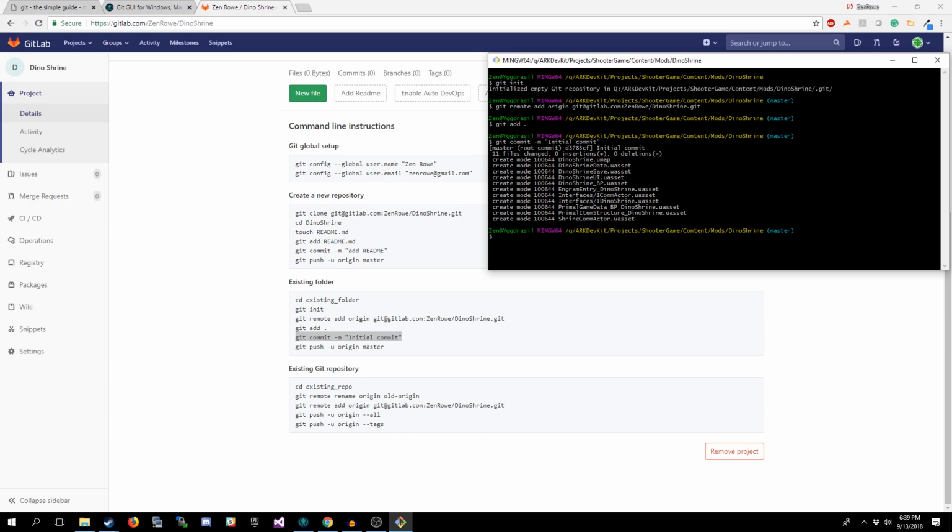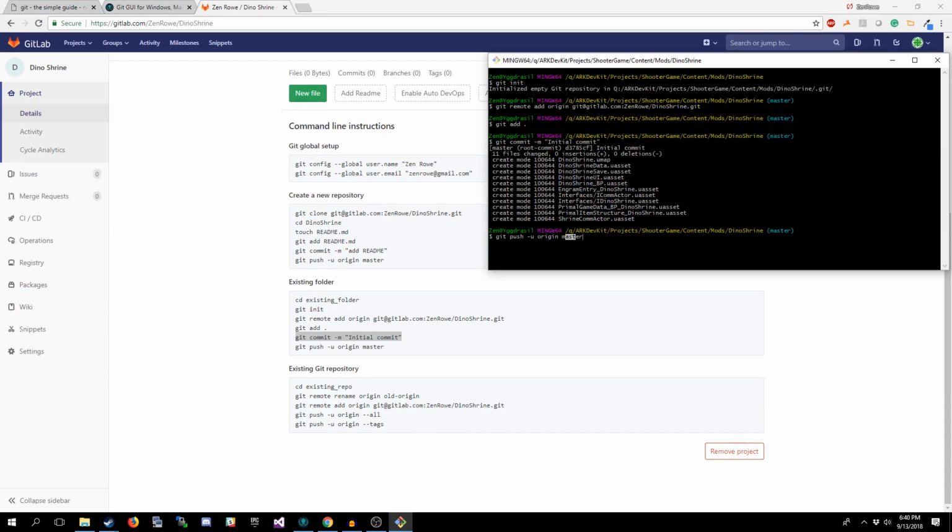And there's one last thing to do. git push -u origin master. So what this does is it pushes the current state of the master branch, right here, to the origin. Now the origin is what we have specified as our remote repository. We did that when we did git remote add origin, and then that URL-ish thing, okay?